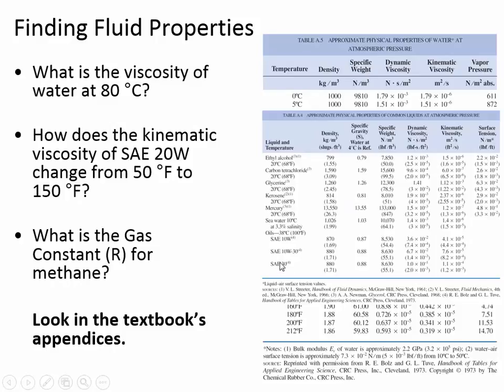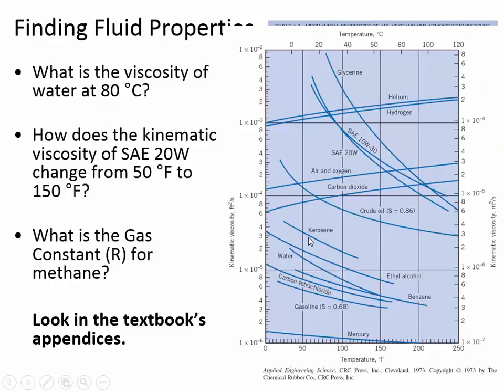Also here, they do have some oils, but this is just for certain temperatures. This is for 4 degrees Celsius. And, oh wait, no, this is 38 Celsius for the oil. And so what you need to do in some cases, rather than going to a table, is go to a figure. And so if we wanted to know how the kinematic viscosity of oil changes as a